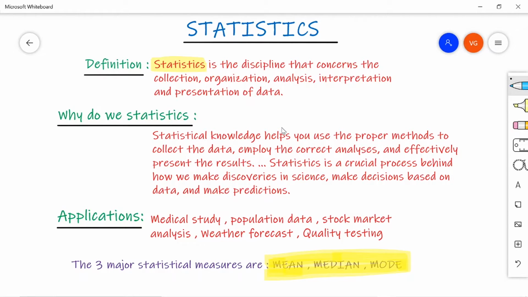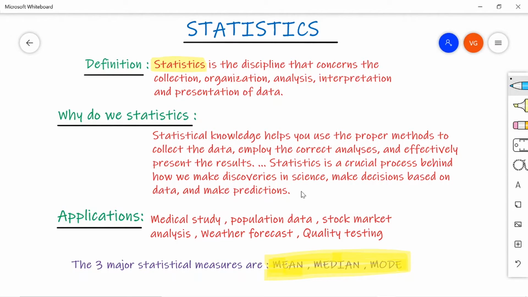So why do we need to study statistics? Sometimes the data may be huge, with a very large amount of numbers. If you write the data in one particular manner, then it is very easy to recollect the data in whatever way possible. In such uses, we are using statistics.